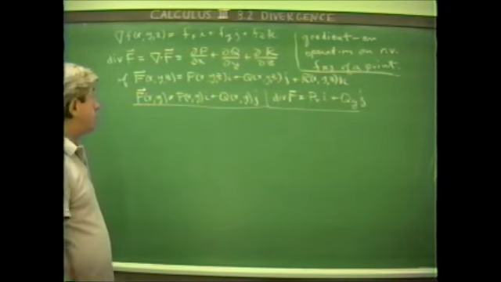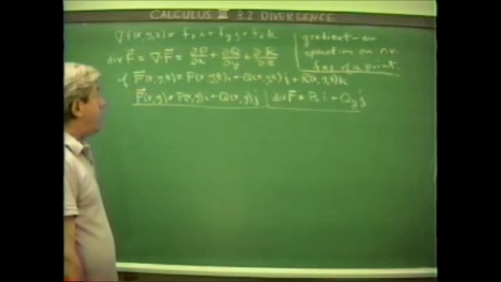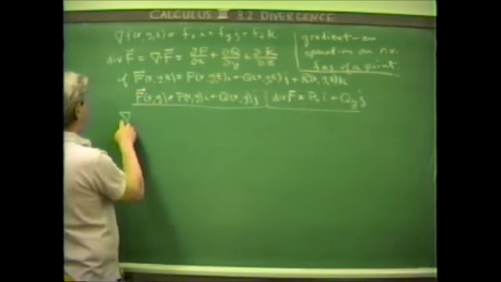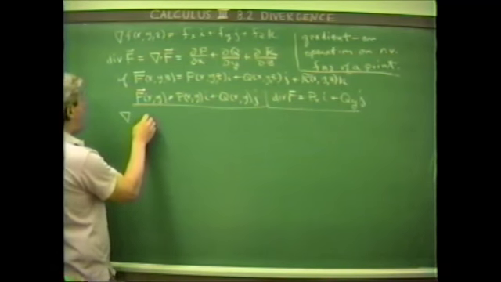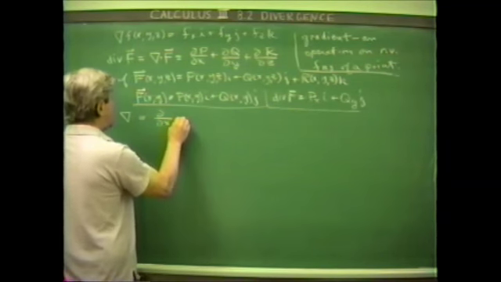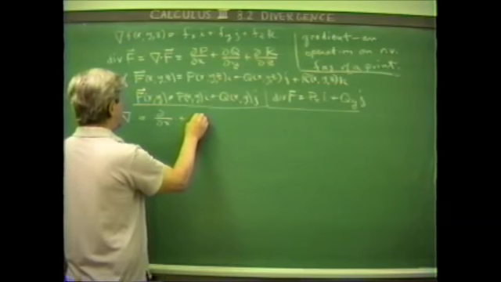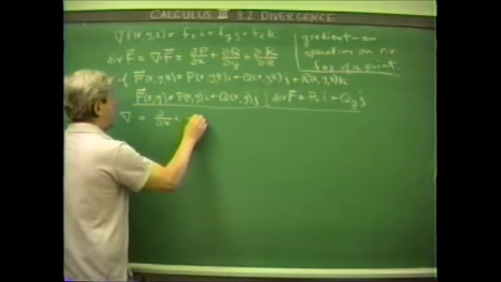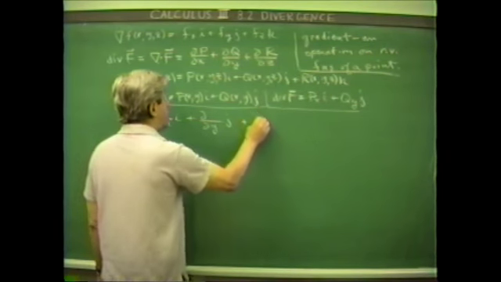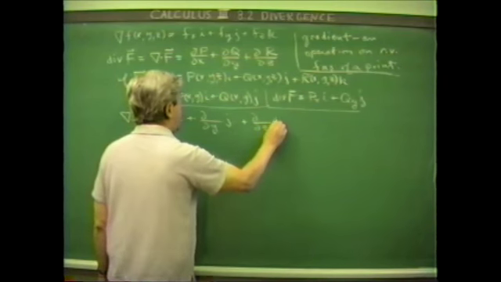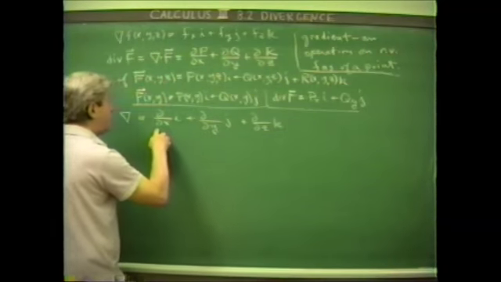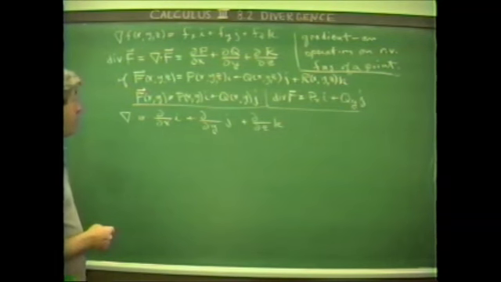The divergence acts like a derivative. In fact, sometimes one writes this. If one uses this gradient symbol here, or triangle, to represent the partial with respect to x i plus the partial with respect to y j plus the partial with respect to z k. Now here there's something missing here. And this is just a symbol, so to speak. However, you can treat it as if